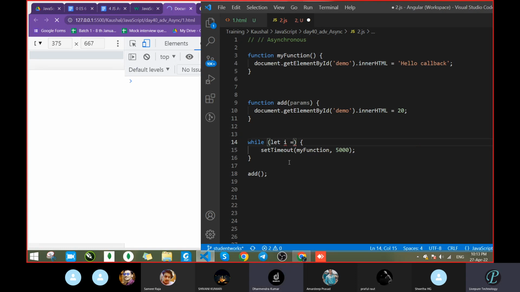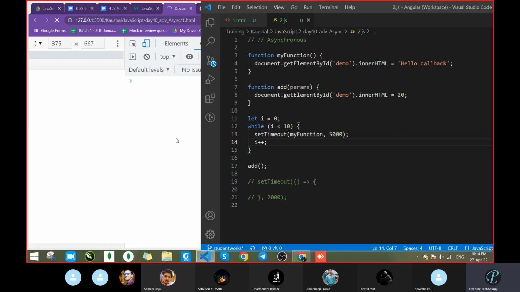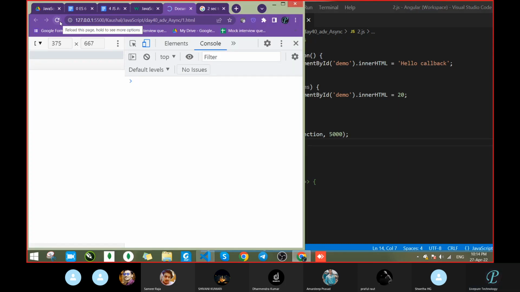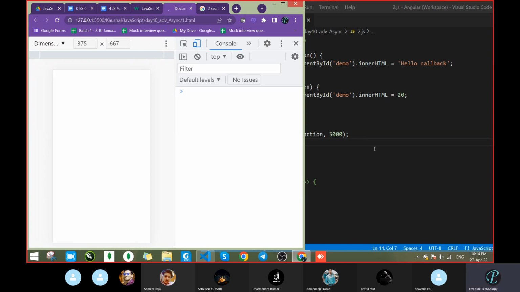So let i equal to 0 and i less than 10. What is the issue? Remove the while and use a for, sir. Before that, you need to initialize a value, outside the while loop, sir. i equal to 0. Here, after setTimeout, do i plus plus, sir. Just the condition is done. Correct, i plus plus. Let's see what it will give. It is still going on, and this execution continues. It is not stopping itself.